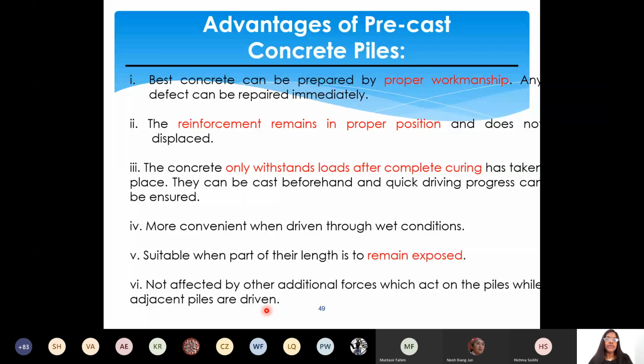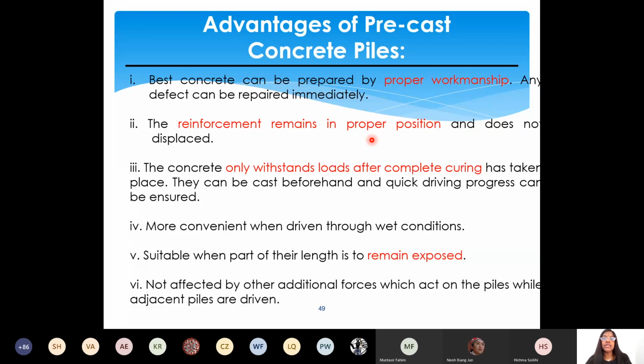on at the site. So mainly the advantages, because it is already precast, right? Care should be taken only at the site where it is manufactured, like curing time, strength has to be properly checked, right? Properly prepare the report on the testing. Other than that, at site the reinforcement remains in proper position because you constructed it already. You are only bringing it to the site. Because it is planned and constructed before,